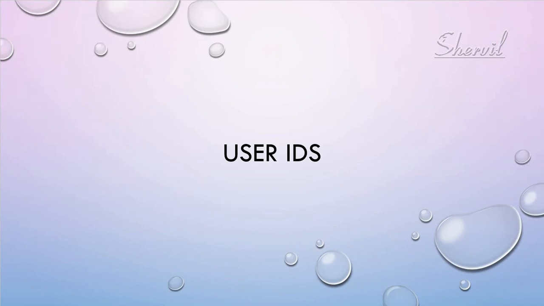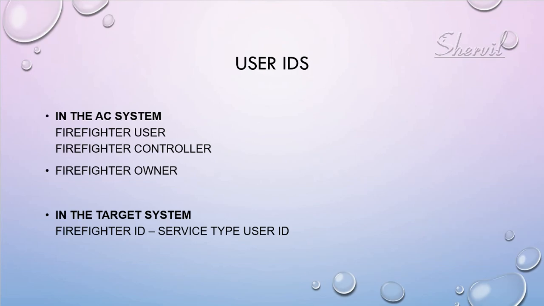Now you'll also need to have some user IDs created on the backend plugin system. The firefighter ID itself is created in the backend system, but you also need to create or have users for monitoring, for approving, and controlling the audit logs and monitoring the audit logs of the emergency access. So you'll need to create some user IDs to do that, right? So in the access control system, that is the GRC system, you have typically 4 types of users, okay?